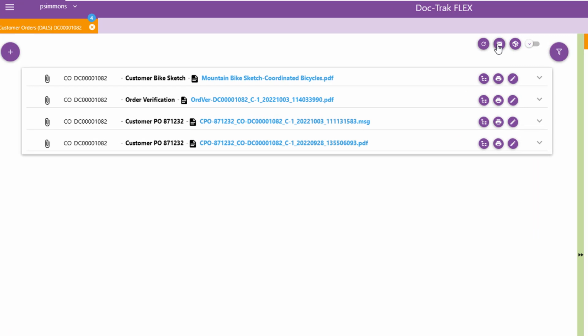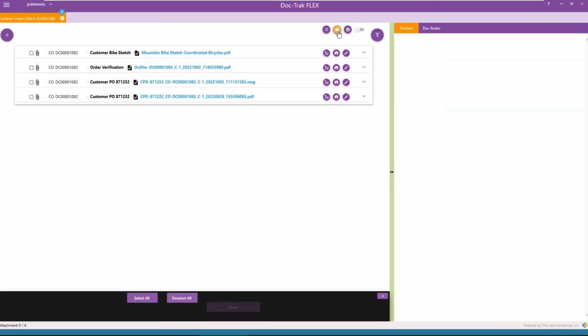Next is the email control. This is a handy feature if you ever need to email any or all of the record attachments to someone. When you select it, checkboxes appear for you to select the ones that you'd like to attach to emails. You can select them all, clear your selections, or select them one at a time.